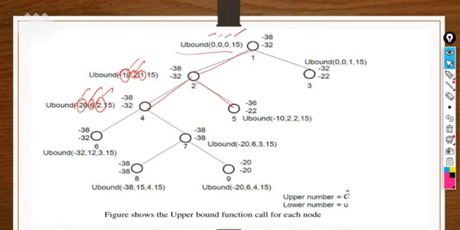K value will become 2 because we are including this one. Now we have to expand this. So we have to find again the weight, profit, you can say cost here, then weight here, k value will update with 3, and total knapsack size is there, right? So next thing that we have to compute here, like minus 32, we just change it, like it's less than minus 38. So we have to come this side here.